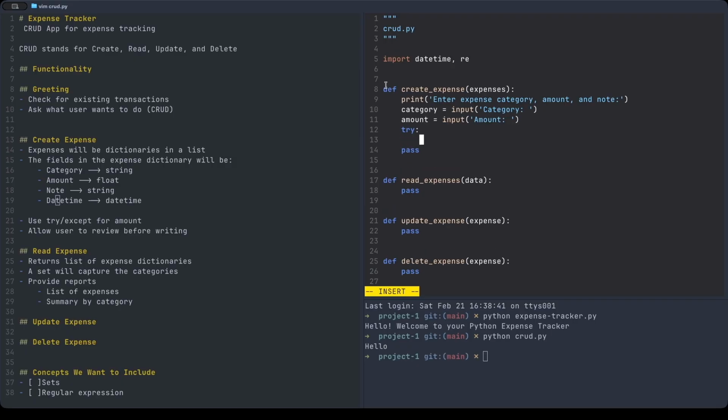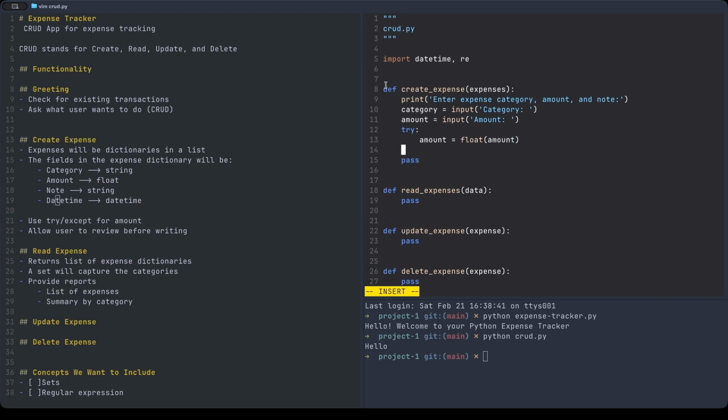Try: amount equals float amount. We're going to have like a loop in the first part of this. So